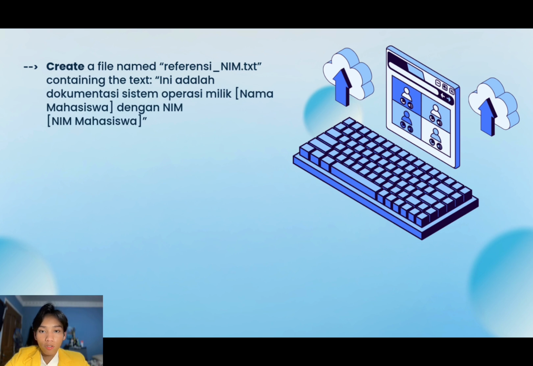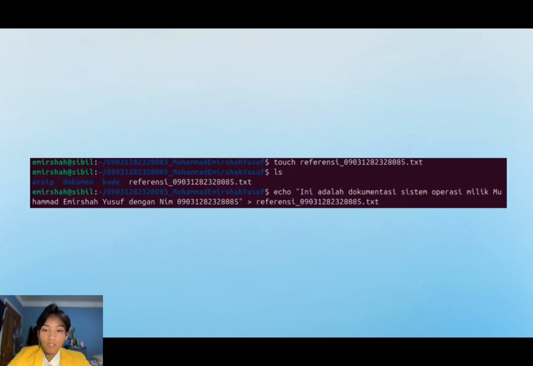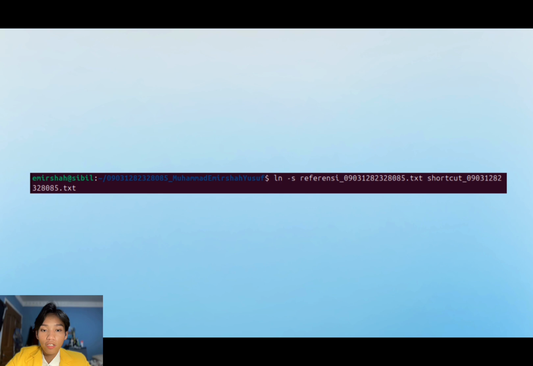As for this code, we'll perform a series of file operations in the Linux terminal, including file creation, content modification, symbolic linking, and verification. The process begins with the command touch reference with my student ID, which creates an empty file with that name. Then the ls command is executed to list the content of the directory, confirming that the file has been successfully created.